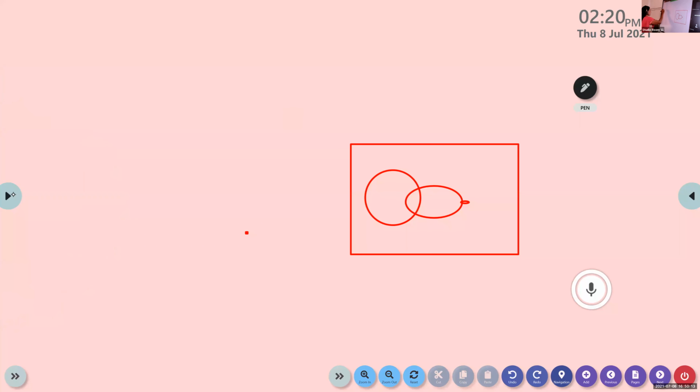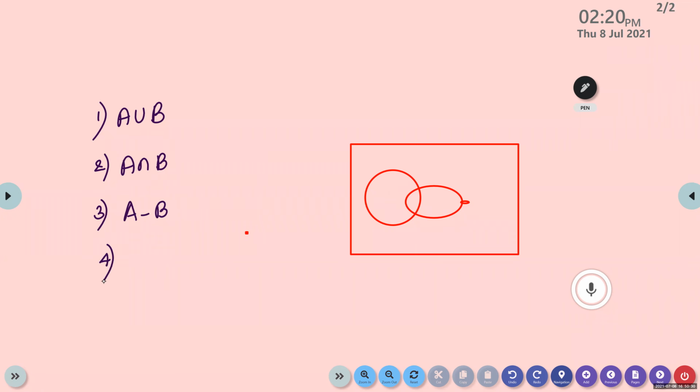So the Venn diagram is given. From the Venn diagram, we are going to write this: first, A union B. Second one, A intersection B. Third one, A minus B. Fourth one,